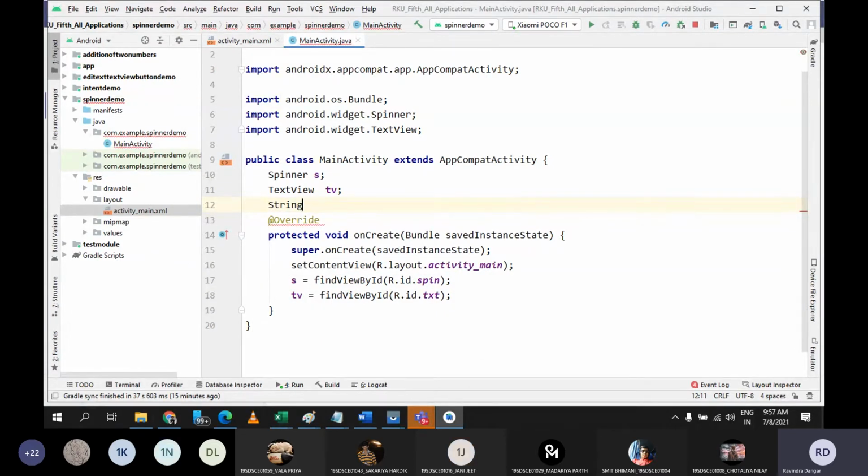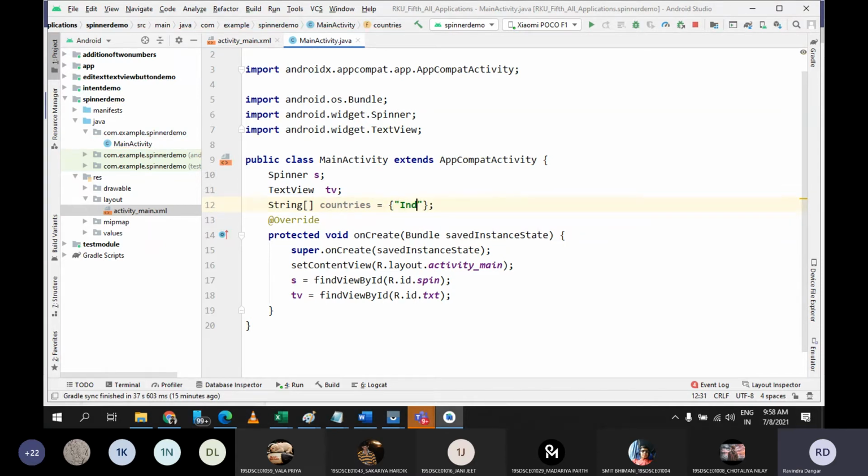Let me go with String, and my array name is, let's say, countries. Either I can store the colors or country names or whatever. Let's go with the static array. Here I can write the number of items.